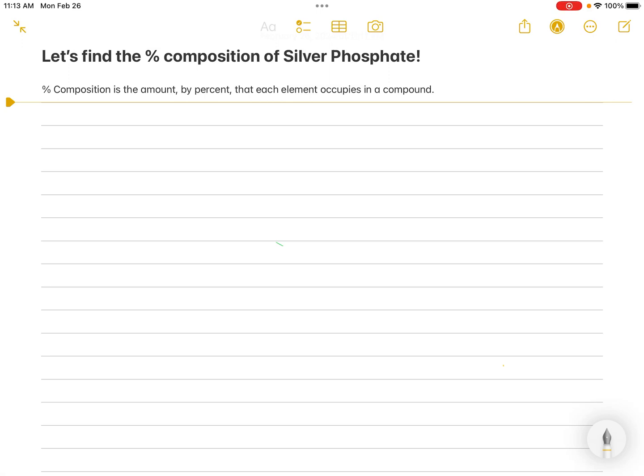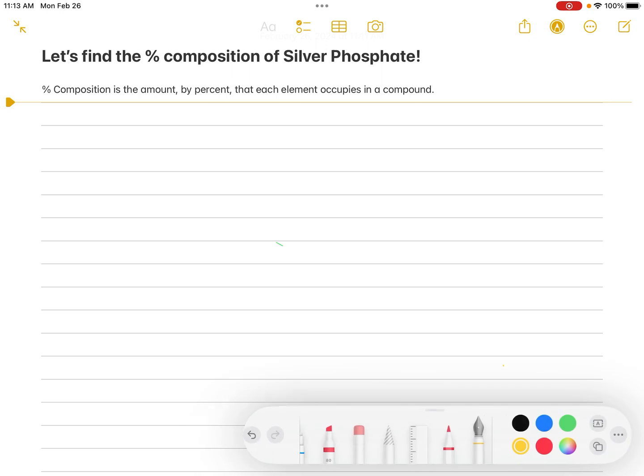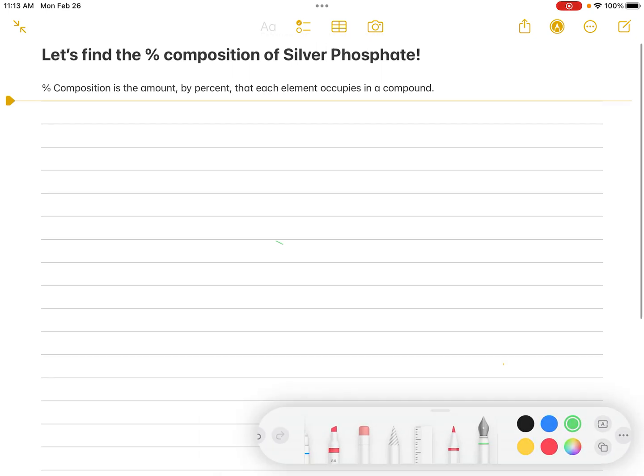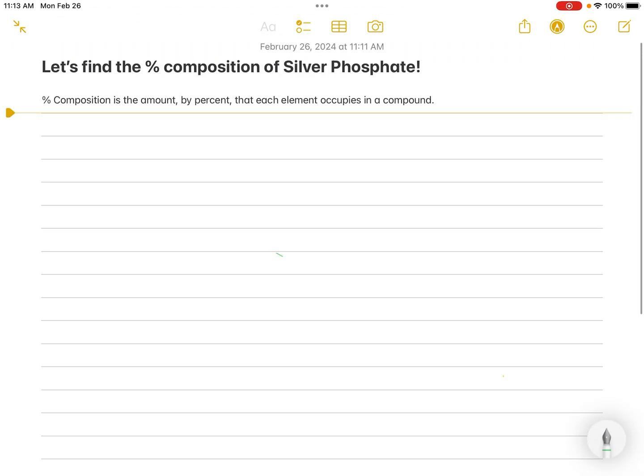All right, guys, so here is the video for percent composition in today's notes. So the question says, let's go ahead and find the percent composition of silver phosphate. The percent composition, remember, is the amount by percent that each element occupies in a given compound. So if we're looking for silver phosphate, remember that the chemical formula for silver phosphate translates to